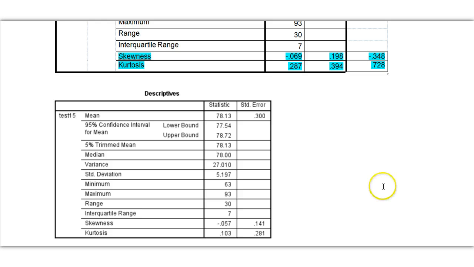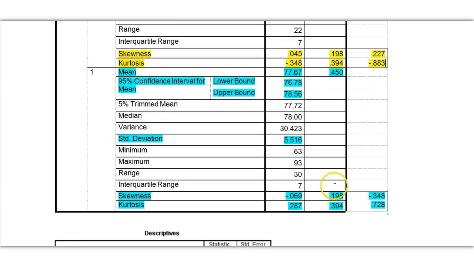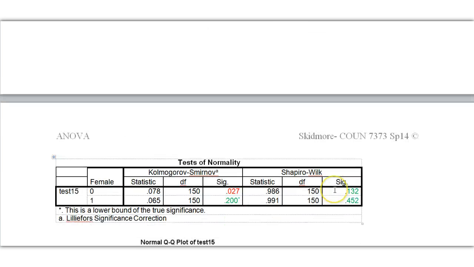And here's our descriptive overall. And again, you can see the overall mean and the rest of the values. I didn't break out the standardized skewness and kurtosis because we needed it by group in order to test our assumptions. So here's our test of normality, and we have almost all of them okay, except for in the male